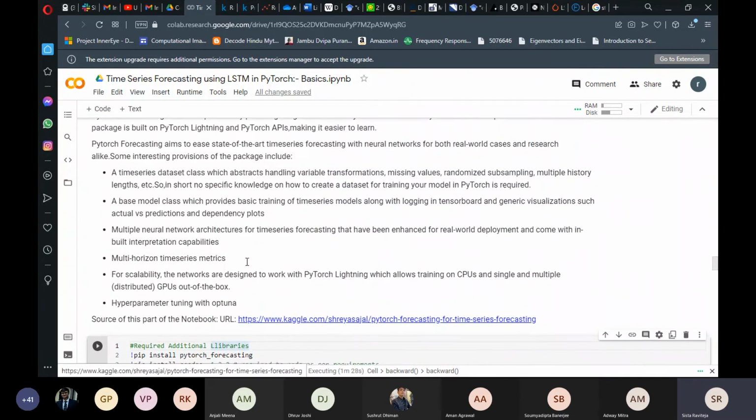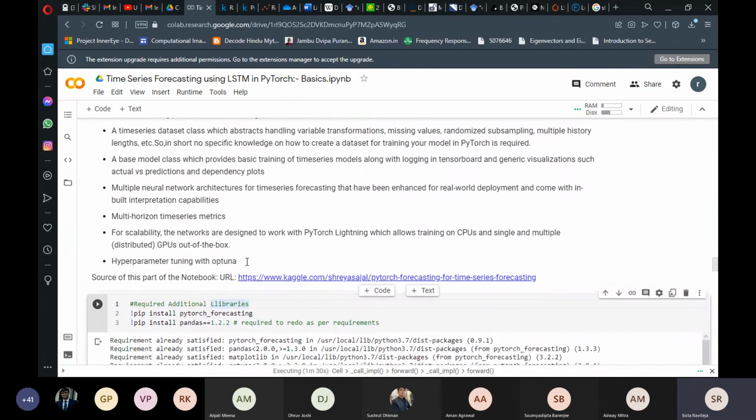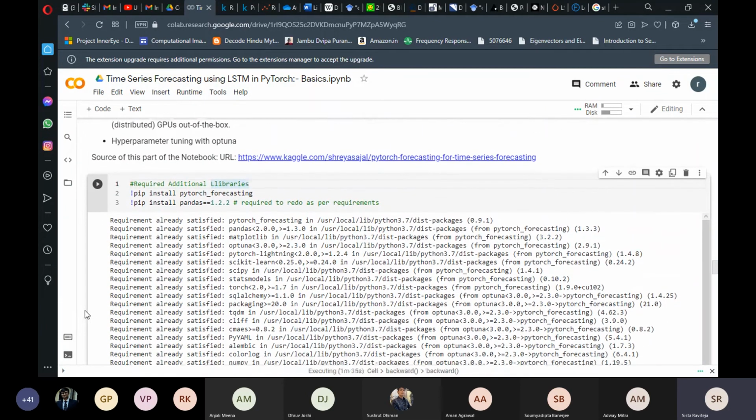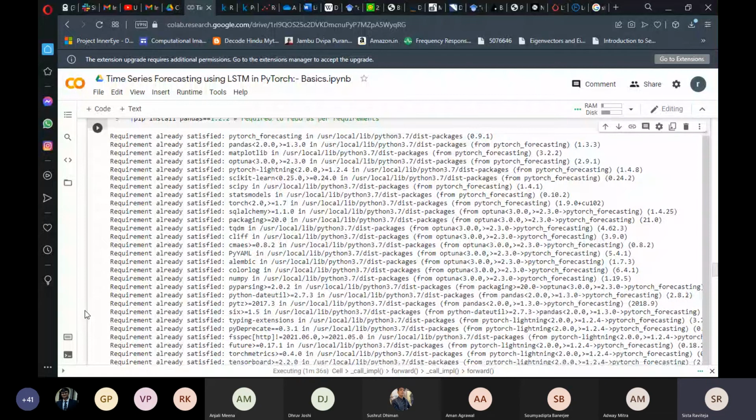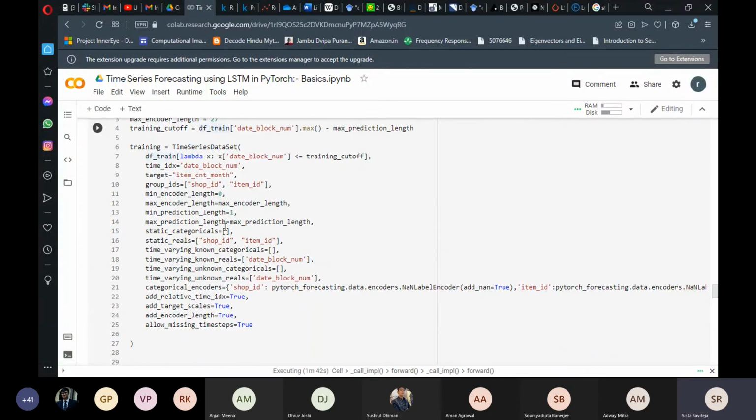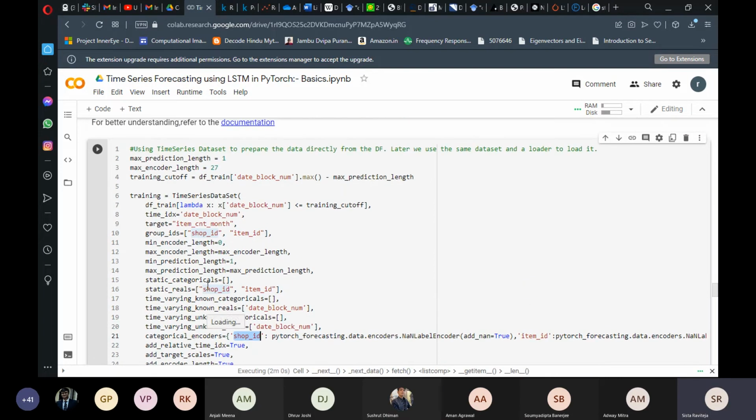It is something very easy for new people to start with. They have some state-of-the-art models which you can directly take and train upon, but usually you need a large amount of data to train those huge models. I have covered the installation and other parts, but what I wanted to touch upon is that when you have categorical data like shop ID and item ID, this particular package will provide you with categorical encodings. You just have to give the column name and use an encoder for that, and it will just replace things over there.